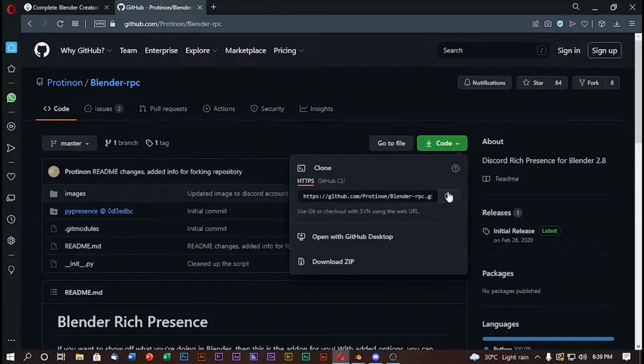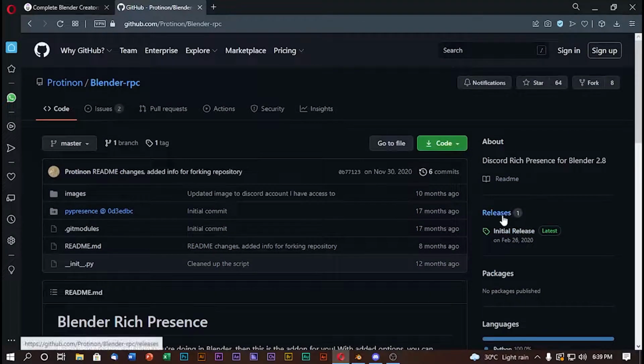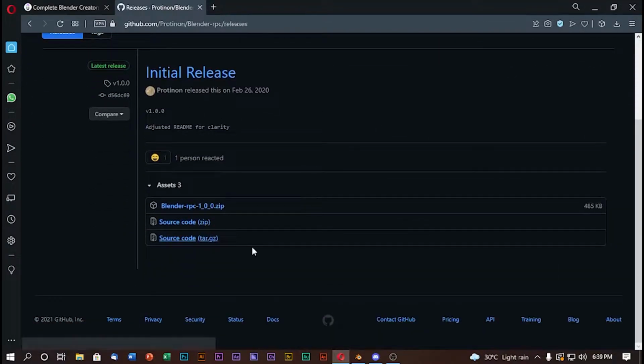So we'll download, we'll go to releases and just click on here, Blender RPC underscore 1.0.1.zip.